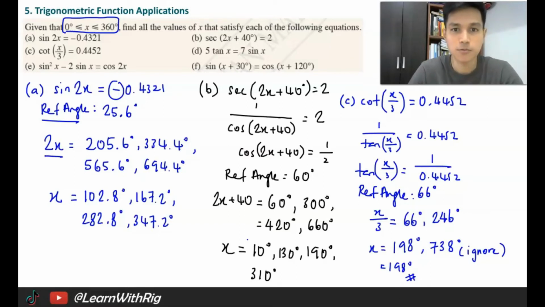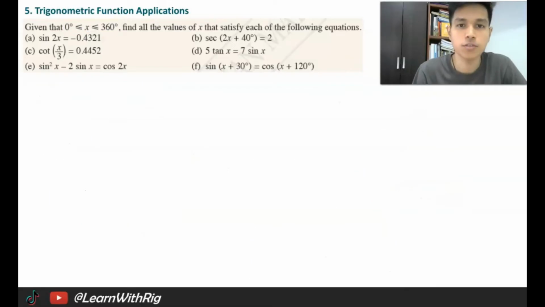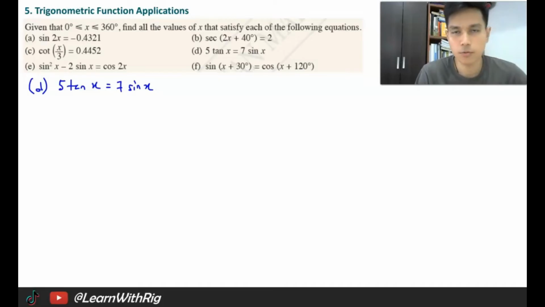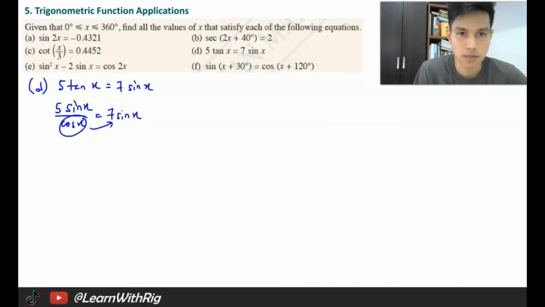So let us continue to questions D, E, F. Alright, question D: 5 tan x equals 7 sin x. So first thing we're going to do is put them together. Tangent, you can change it to sine over cos, right? So 5 sin x over cos x equals 7 sin x. So when you bring the cos to the other side, what you will get is 5 sin x equals 7